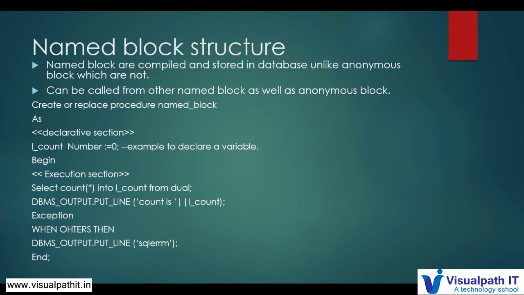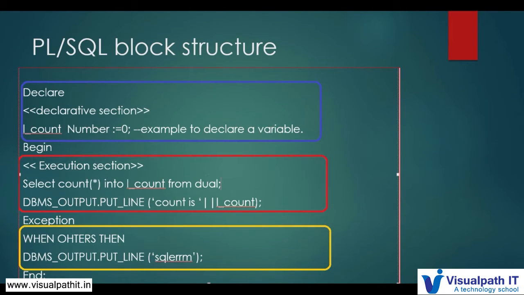Moving on, the named block. To understand what is an anonymous block, we should go to the previous slide. Here you have not given any name to the block, you just simply started with declare, begin, exception and end. So this is an anonymous block, which means this is not pre-compiled and stored in the database. It is not stored in the database, it is not pre-compiled, and there is no name reference to it, so it is called an anonymous block. This is the perfect example of an anonymous block.